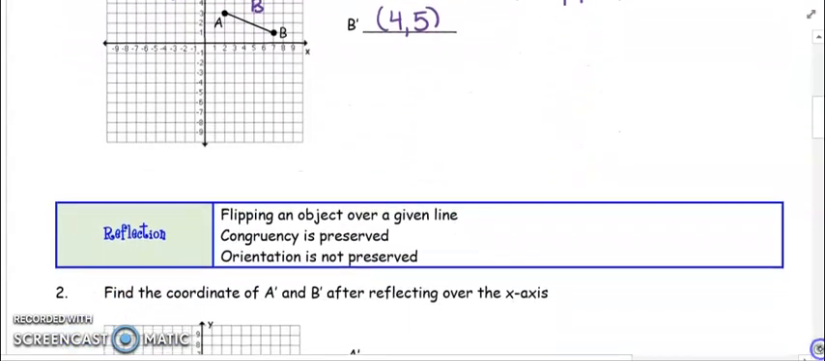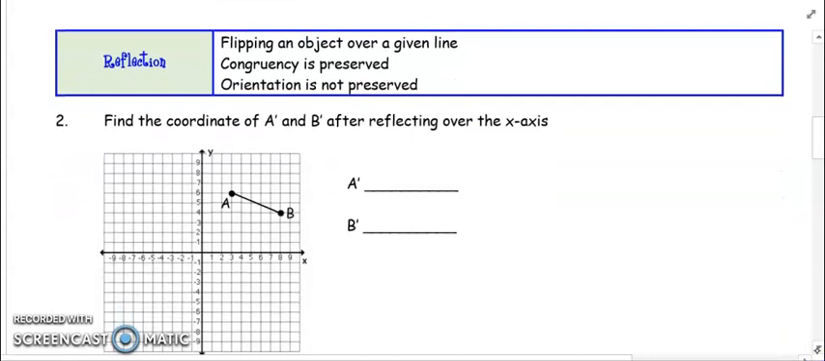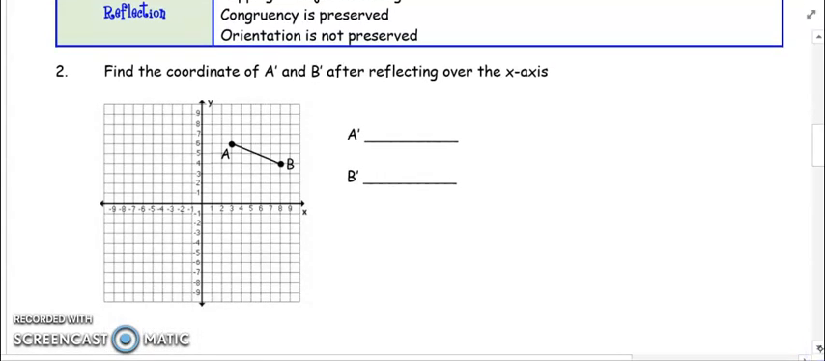Now, we also had a reflection. A reflection flipped an object over a given line. Congruency was preserved, but orientation was not preserved. So with number 2 here, I'd like to find the coordinates of A prime and B prime after reflecting over the x-axis. So I'm going to draw in my line of reflection here